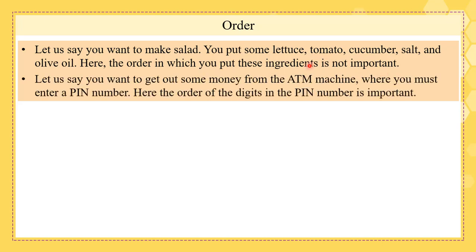Whereas if we want to go, let's say, to the ATM machine and we want to take some money and the ATM asks about the PIN number, here the order of the digits would be very important, because if the PIN number is, let's say, 1, 2, 3, 4, and we press 1, 4, 3, 2, it would not be the same. So sometimes, depending on the case, we're going to see that the order is very important, and sometimes we're going to see that it's not that important. Now, how do we differentiate between the two cases? This would be taken later on.